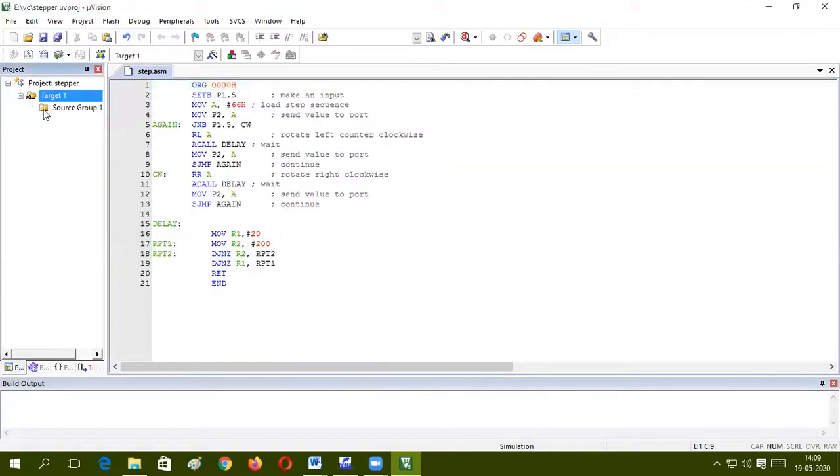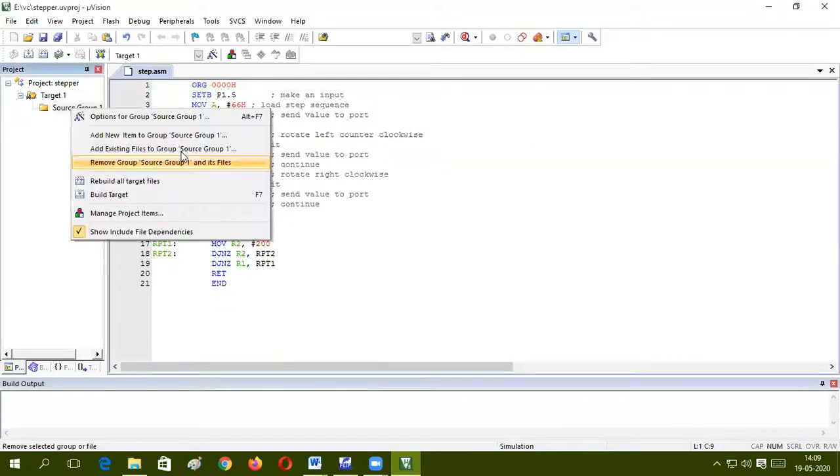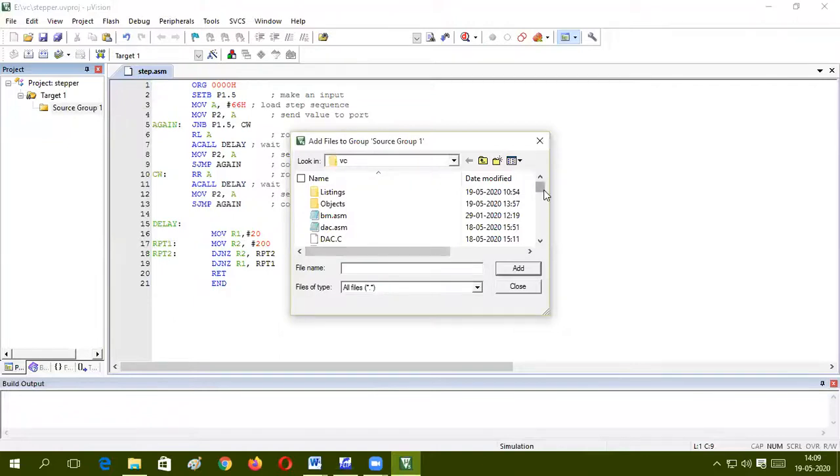Now select that file. It means you need to add it to the source group. Right click on this, then select the file. Here step.asm, add this, close,